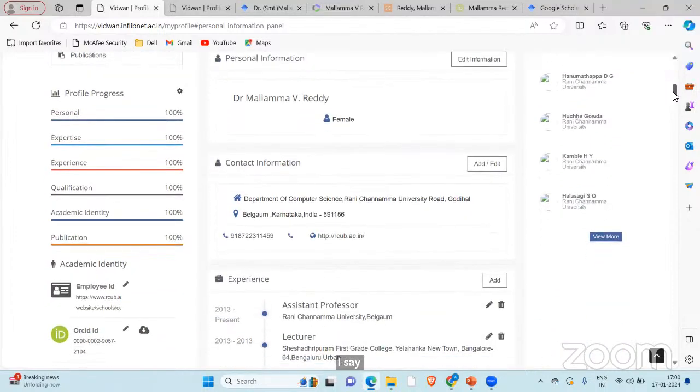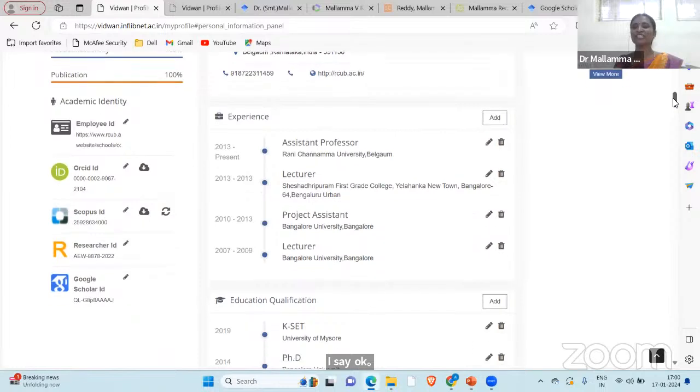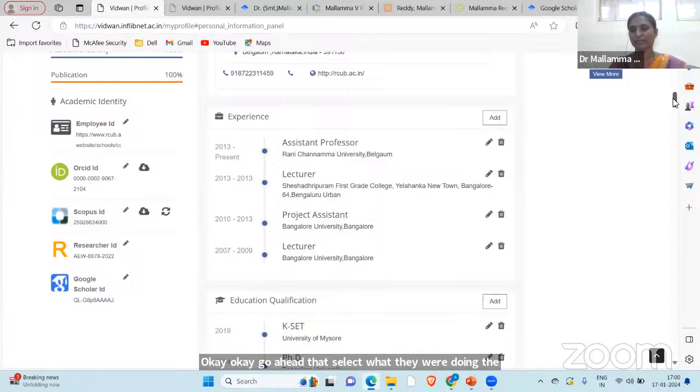Now you have to say next. Choose your articles and say next. All of you, select your articles. Then select whatever articles you have and say next. If it is asking for organizational sharing, then skip at present.